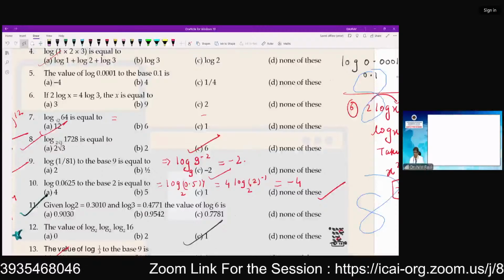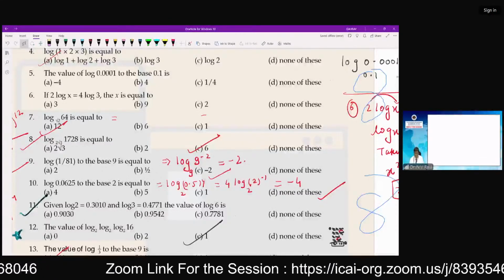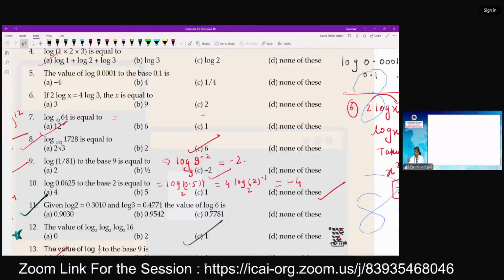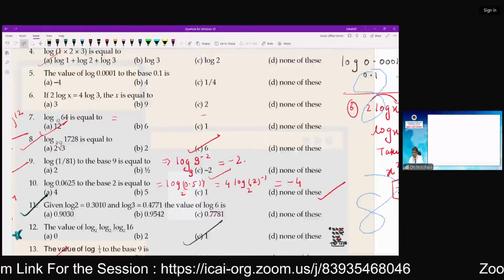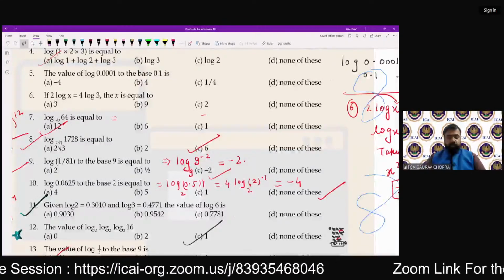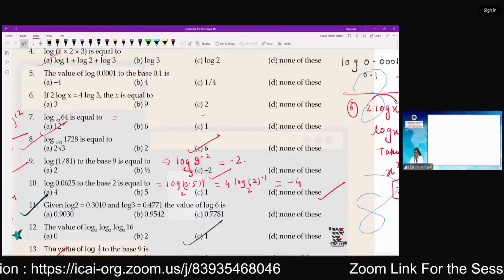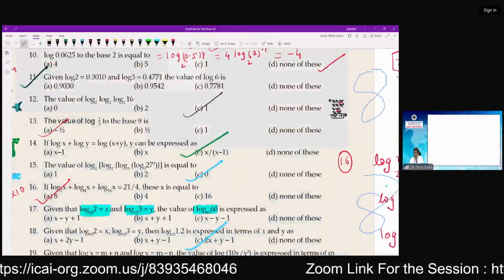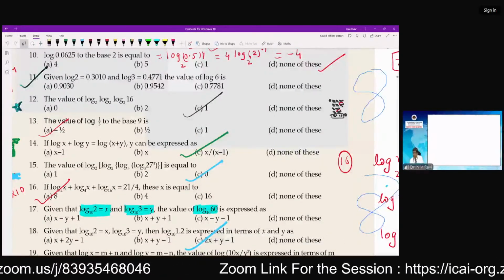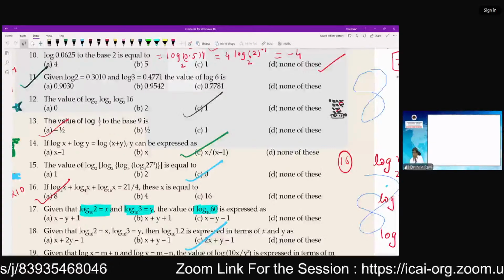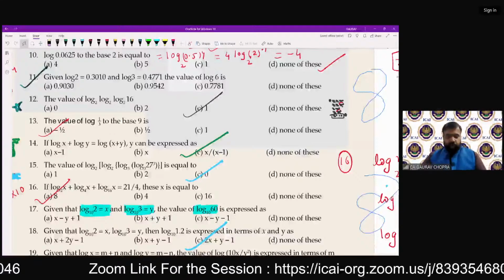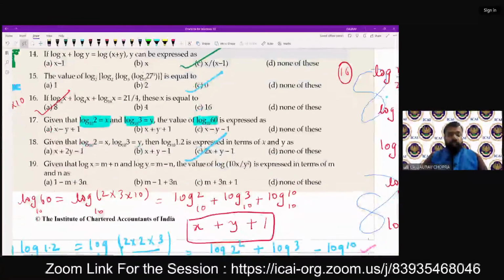One more thing here, the question number 11, this question is similar to the earlier questions, there is no problem on that point of view. Yes. Now the question number 17 is a very important question. If you understand this kind of question, you can easily answer similar kinds of questions. Yes, sir. So let's move to question number 17.